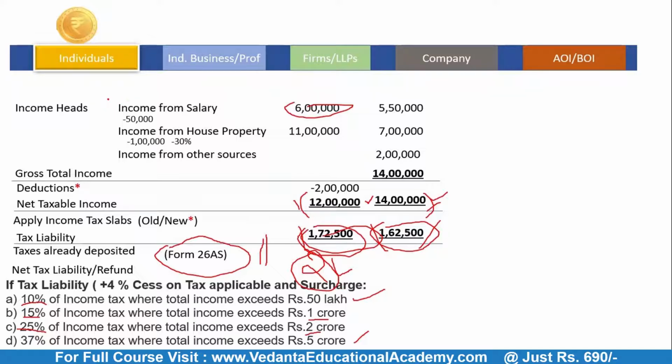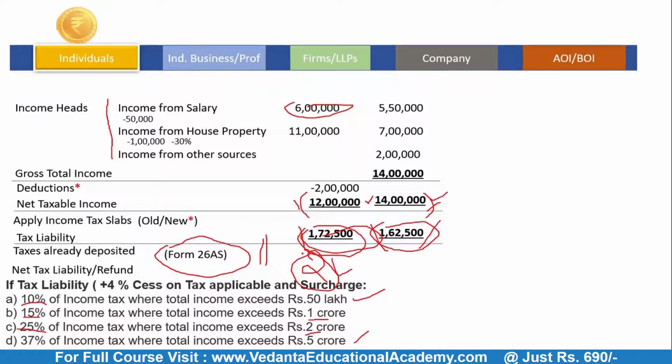So in this case, there is a person who has income from salary, income from house property and income from other sources, all together forming the gross total income. Gross total income minus the permissible and allowable deductions gives the total income. On that income we apply the income tax slabs, and then we get the total tax liability. That total tax liability has to be deposited by the taxpayer on the income tax portal, and the website address is